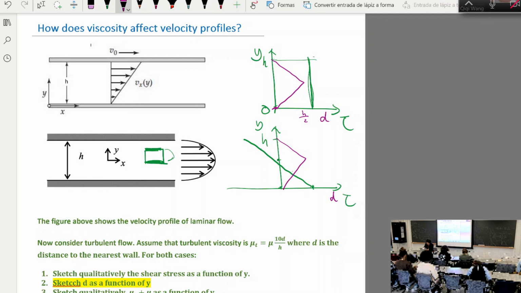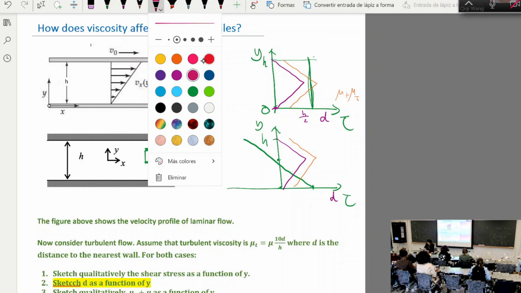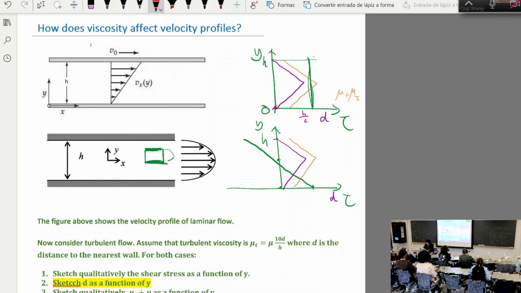And as a result of that, if you plot mu plus mu t as a function of y, it is basically just a shifted version of this purple line. The shift is basically because there is also a laminar viscosity added on top. Alright? Okay, so now the most difficult question I think is when I'm taking the reciprocal, because tau is equal